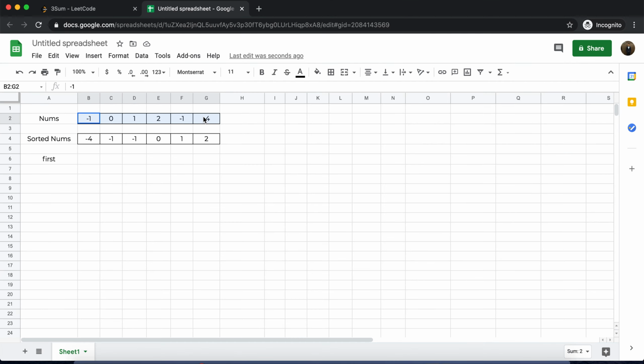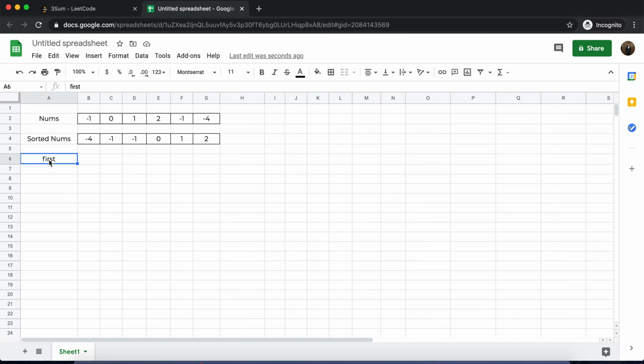So here I've taken the first example. Now because the triplet needs to be unique, it would be better if the array is sorted, so that in the sorted array the duplicate elements are adjacent to each other, and hence it is easy to derive a logic on them. So here in the first step I've sorted the array.